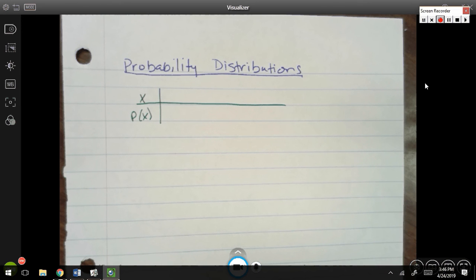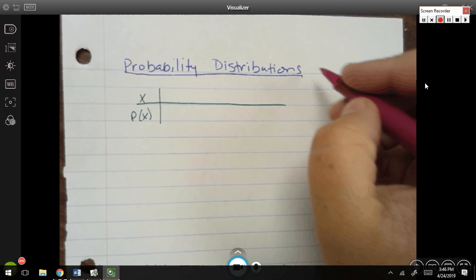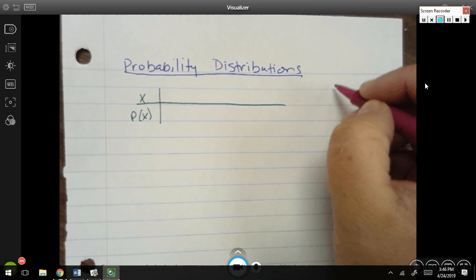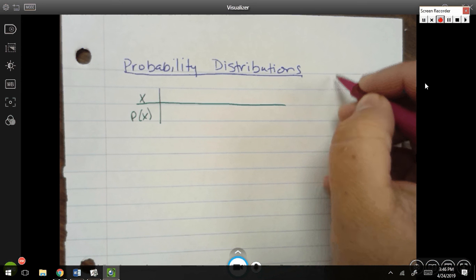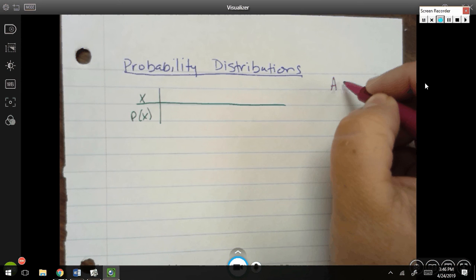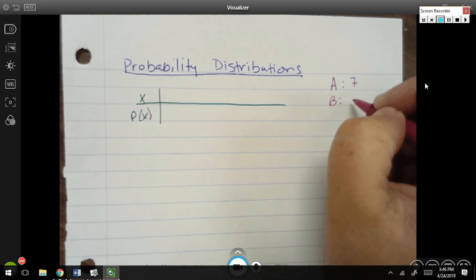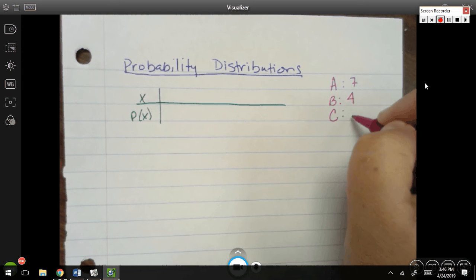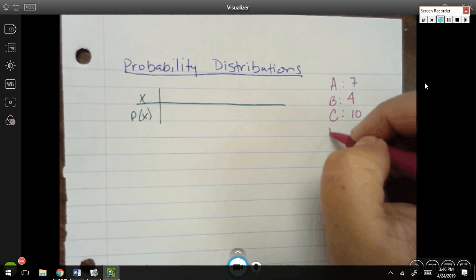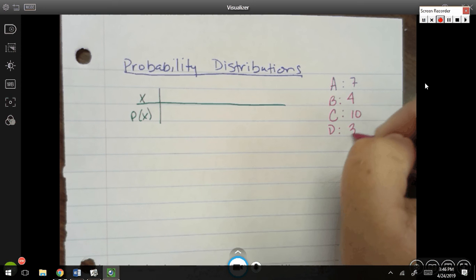So let's say, for instance, I looked at your last test scores. And this is just some random data that I'm going to make up. It's not at all true, but let's say I looked at it, and of those, there were 7 A's. Let's say there were 4 B's, 10 C's, 3 D's, and